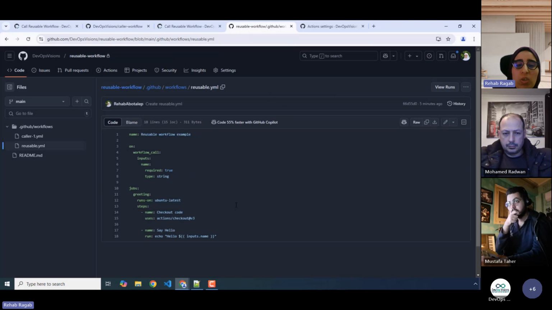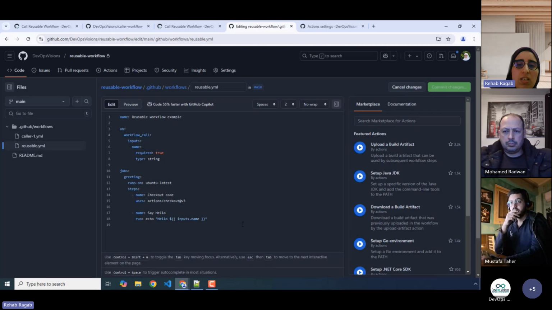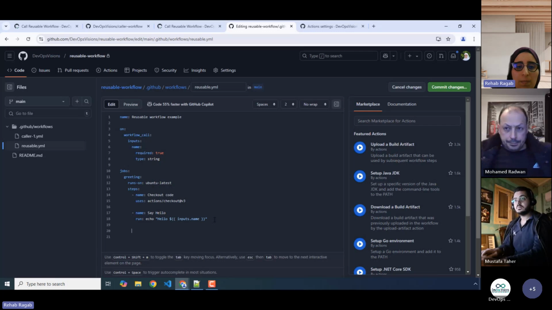So this is the section of applying reusability. What if we would like to add some changes or amend this reusable workflow, or make the same changes across all the caller workflows? We will make these changes in the reusable workflow, and these changes will be applied across all the caller workflows. This is the section of how to apply reusability and maintainability.